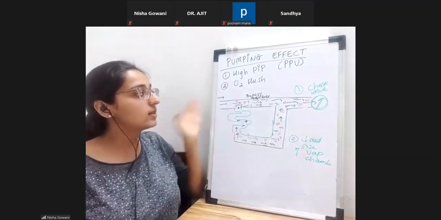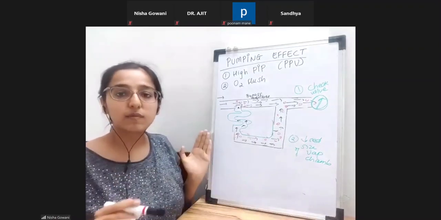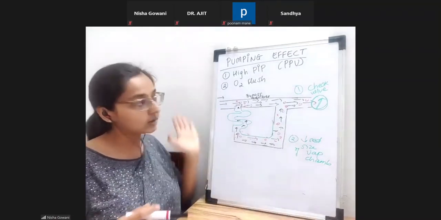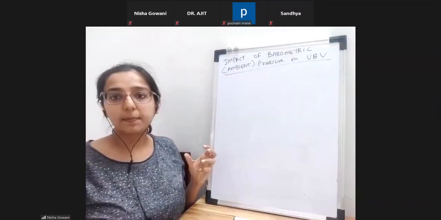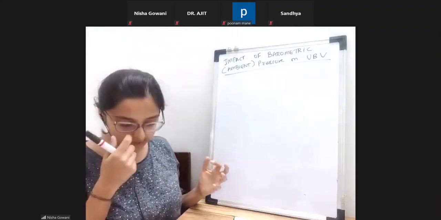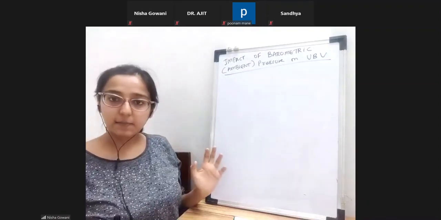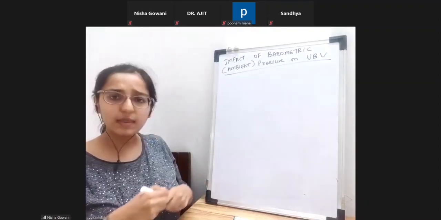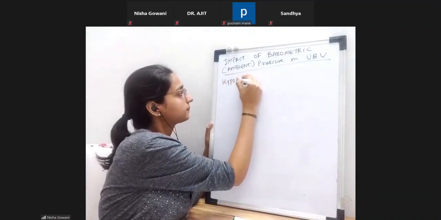Okay. So these are the three ways by which the pumping effect can be overcome. And all our new vaporizers don't have a pumping effect because they've got all these properties in them. Is this understood? So how is the variable bypass vaporizer going to react in different ambient pressures? That is what we need to understand. First we'll understand hypobaric situations and then hyperbaric. So let's start with hypobaric.